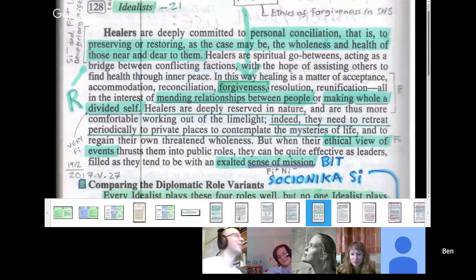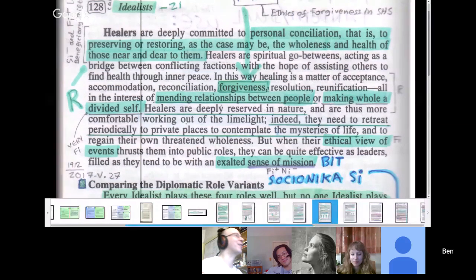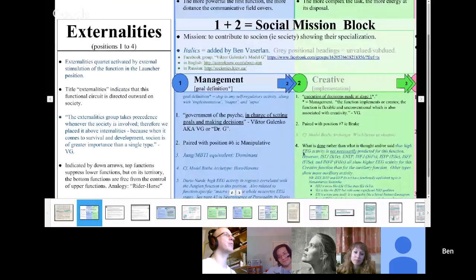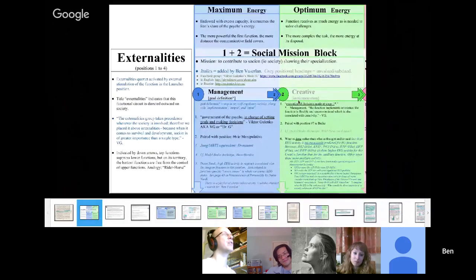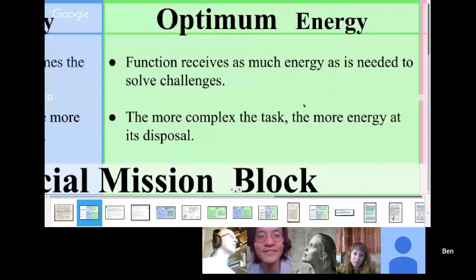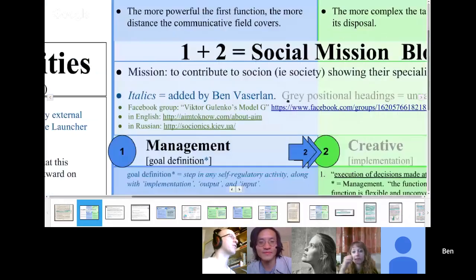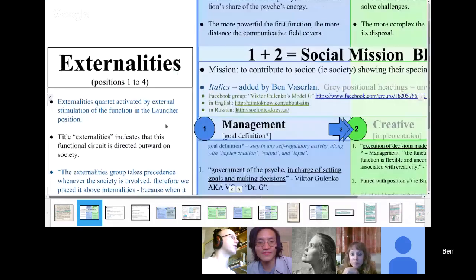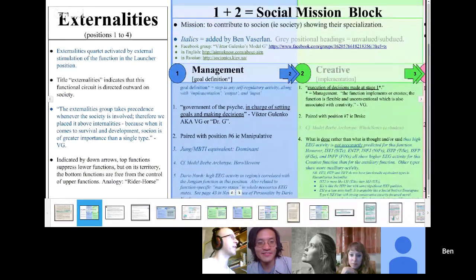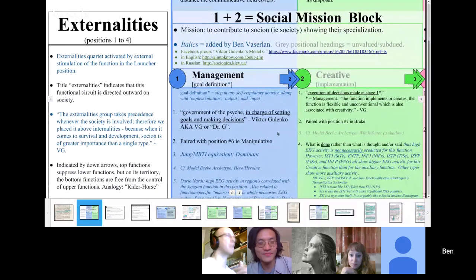Where is it? Oh, it's in the same thing. I've got to go up here. So now we're going on to the creative position, which is this one. The idea is it uses just as much energy as necessary for the task, because it's a tool. It's not something which is overindulged. So it's used as a tool, not as something that the person is. And again, it's an externality. So it's a wide scope of use, because it's the same vertness as the overall vertness of the person.